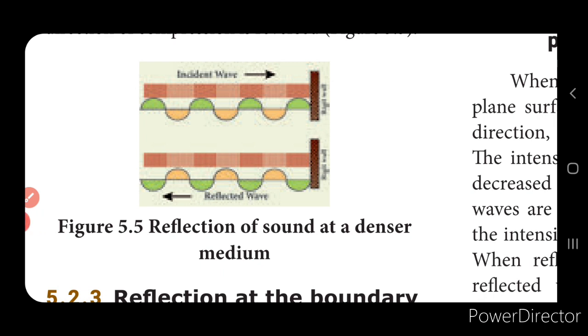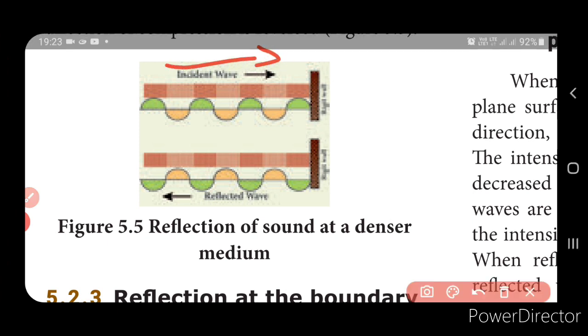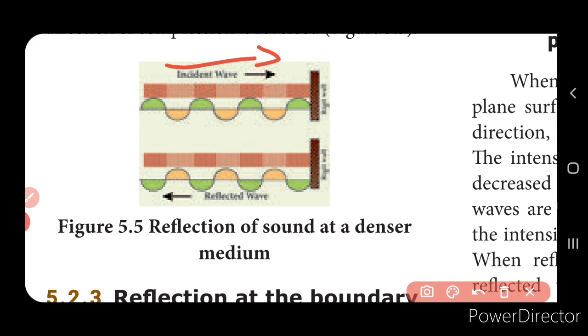Now here in the picture you can see the incident waves, isn't it? Now this is the incident wave, and here you can identify the compression and the rarefaction. Now here this is the compression and this is the rarefaction. Again compression and rarefaction. So alternate compression and rarefaction can be seen. Now if you see this wave, it is also given in the wave form. Here you can see the green part to be the compression and the orange part is rarefaction. So in order to identify the waves, it is given in different colors.